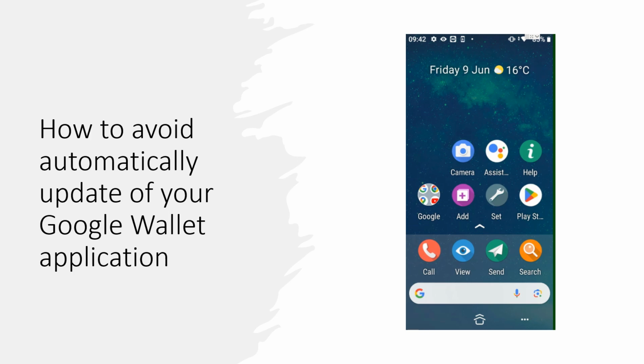Now I will show you how to avoid updating the Google Wallet application that right now causes us some trouble with the Doro 8050 and the Doro 8080 smartphones. So after you have made a factory reset or a hard reset, please press on the Play Store here